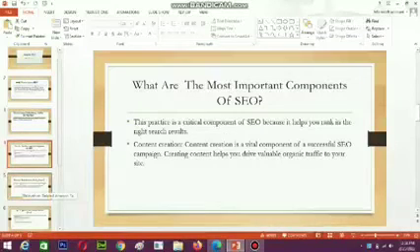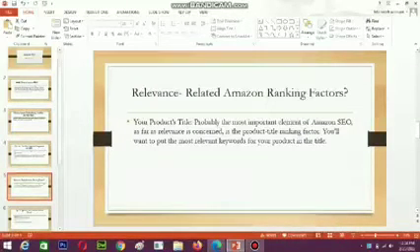So this is our main component of SEO. You all can read it, I will share it. Now we will move on to the next slide. Now it comes to relevance related Amazon ranking factors. There are some factors that help in the ranking of our page and our listing. So the first one is your product's title. The first and main thing is our product title. Probably the most important element of Amazon SEO as far as relevance is concerned is the product title ranking factor. You want to put the most relevant